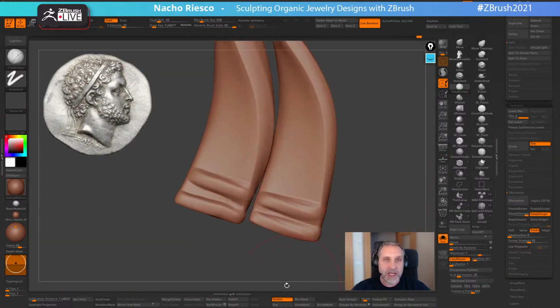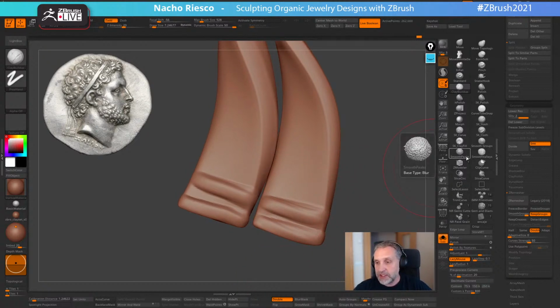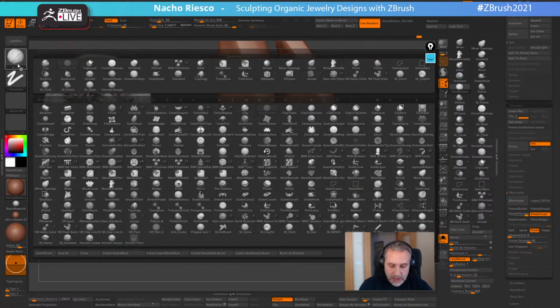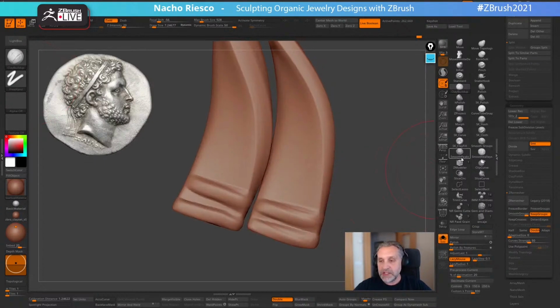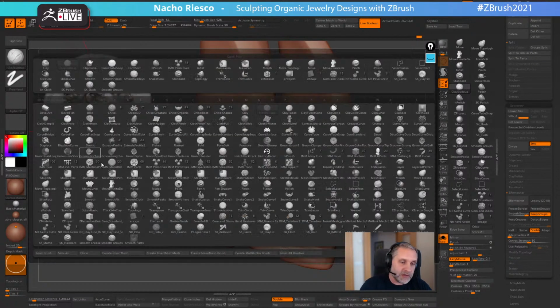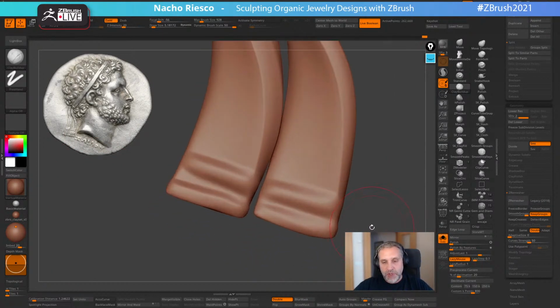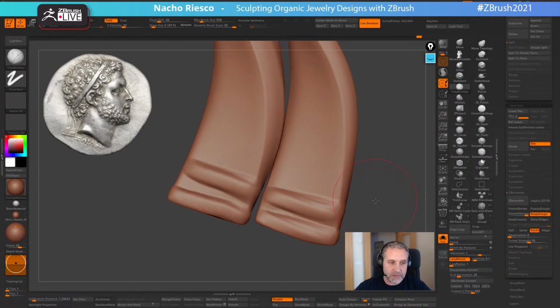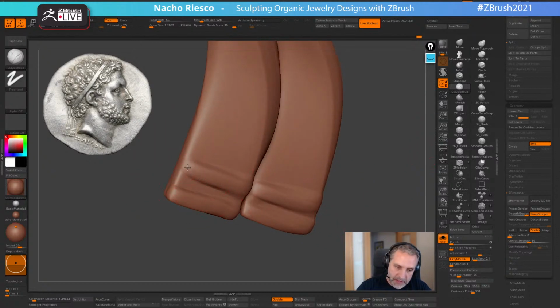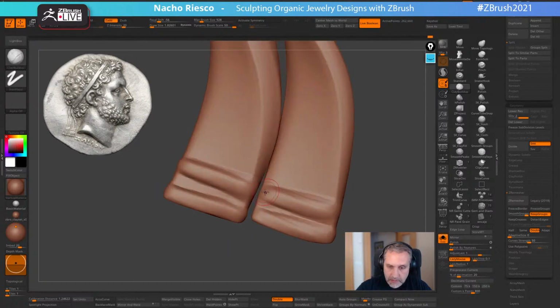And this is another brush that I use very often. I was talking about this brush on all of my streams. It's the smooth process that I use. I never use the default smooth brush. I use a combination of smooth peaks and smooth valleys, because if I use the default smooth and try to smooth this, you can see that I start removing the work that I was making before with the strokes I did with the clay build-up. For example, if I try to refine this a little bit more here,